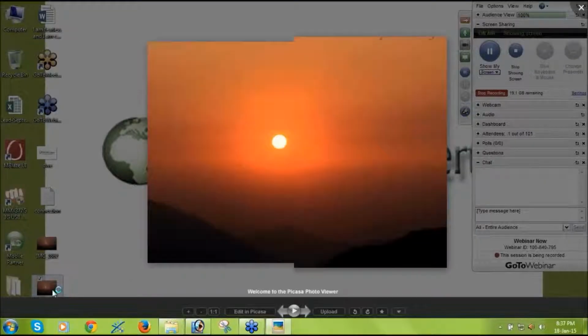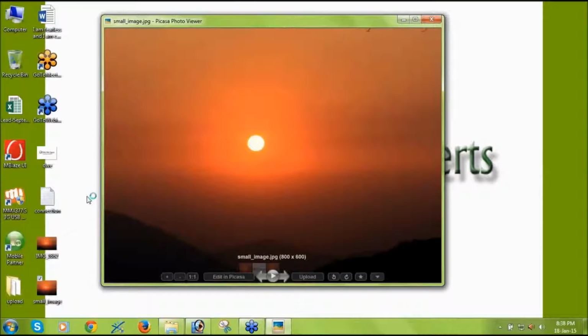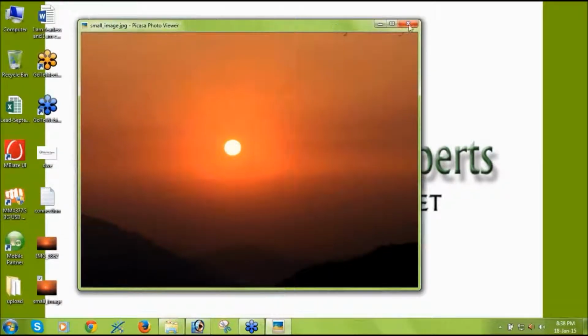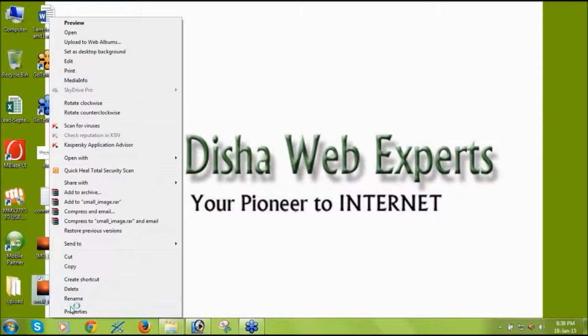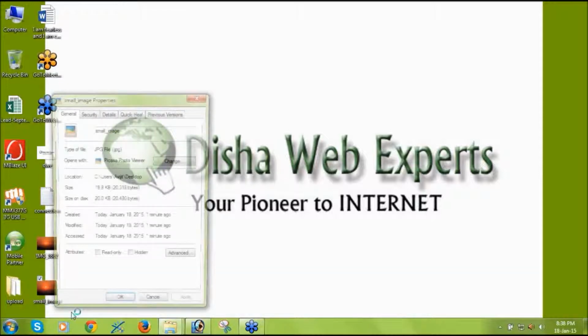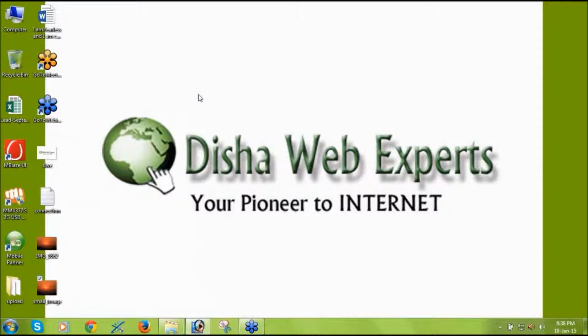Now this is the smaller image. You see the quality is the same. The size has become 800 by 600 pixel, and it's just 19.84 KB that I showed you. If you go to the properties, you'll see size is 19.8 KB, that is almost 20 KB, which is perfectly suitable for your website,